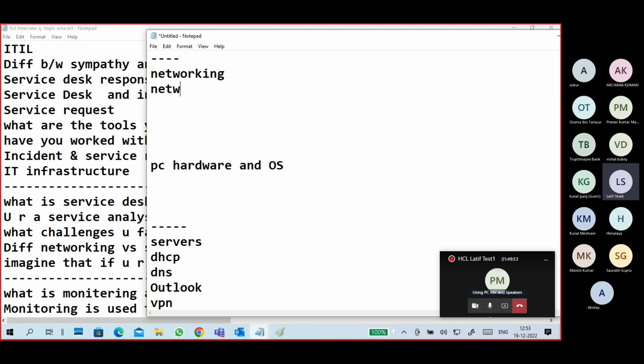What is network? You know that one? Connection of devices, interconnection of devices, communication between internetworking devices is networking.